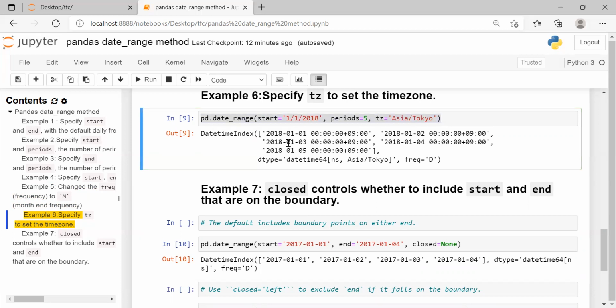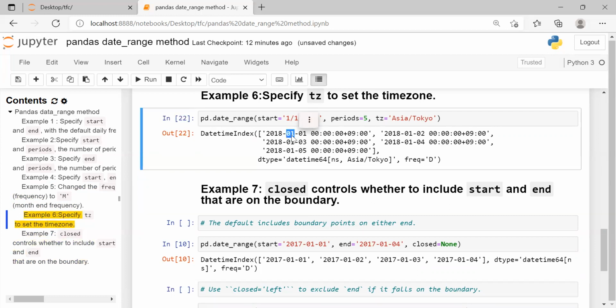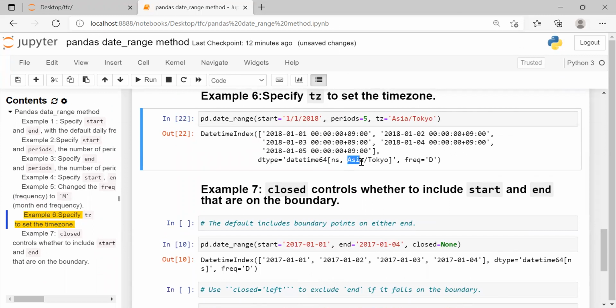So you can see the dates were printed in the datetime format, where first is year, second is month, third is date, fourth is hours, fifth is minutes, and sixth is seconds. Okay, so here you can see time zone Asia/Tokyo.